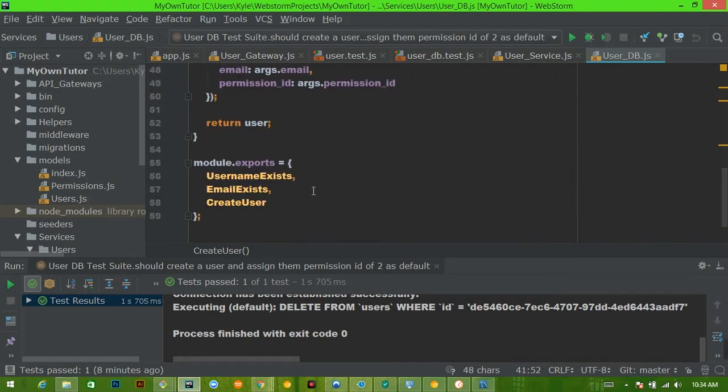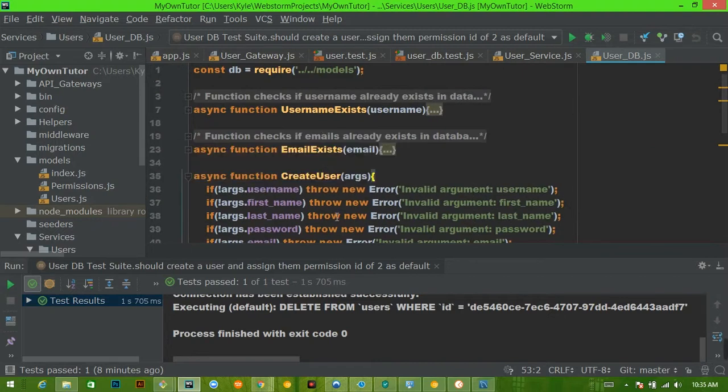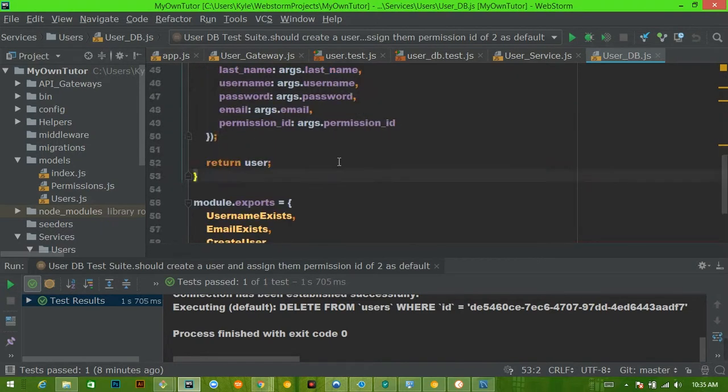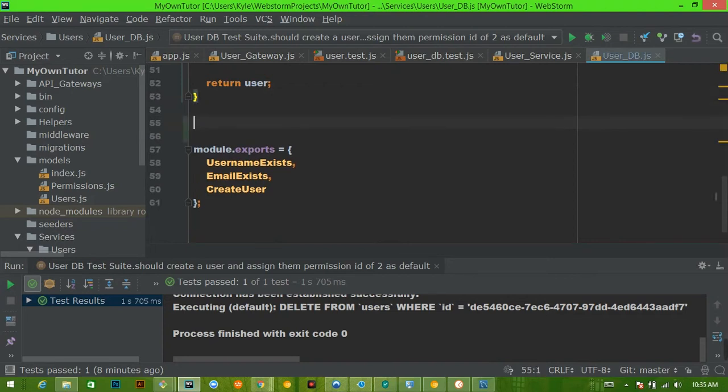So what we're going to do real quick is create a private function, because this should really only be used by this file. Let's create a private function that says, give me all of the permission IDs available. Now, obviously, this is JavaScript. There is no such thing as public-private functions, but it's a pretty common syntax that if you have a function that's going to be private, you just put an underscore in front of it. So we'll say async function and then underscore get